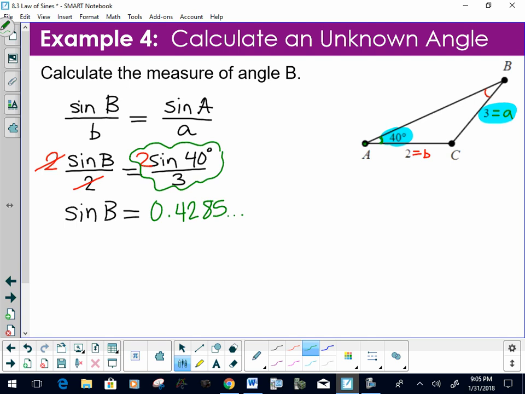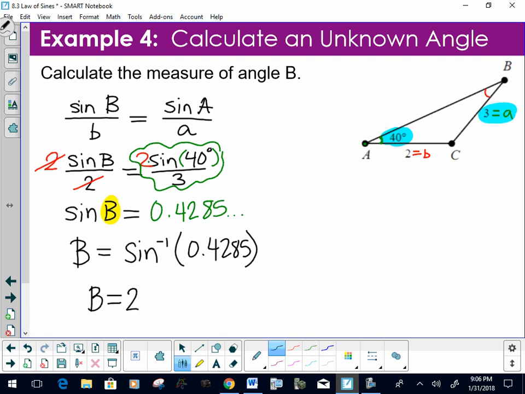And again, that's just something I calculated using my calculator: 2 times the sine of angle 40 divided by 3. Now we've been practicing with trig, and we've been practicing finding angles, but sometimes people still forget how to figure out an angle if you know its sine. We need to undo this sine here, so we use the inverse sine to do that. And so we have our calculator calculate that inverse for us, and it tells us that the angle B is